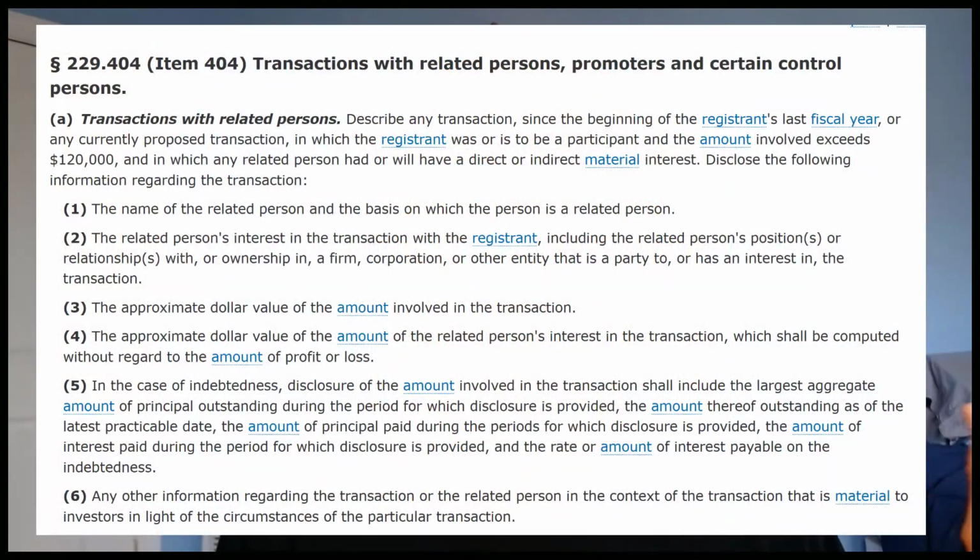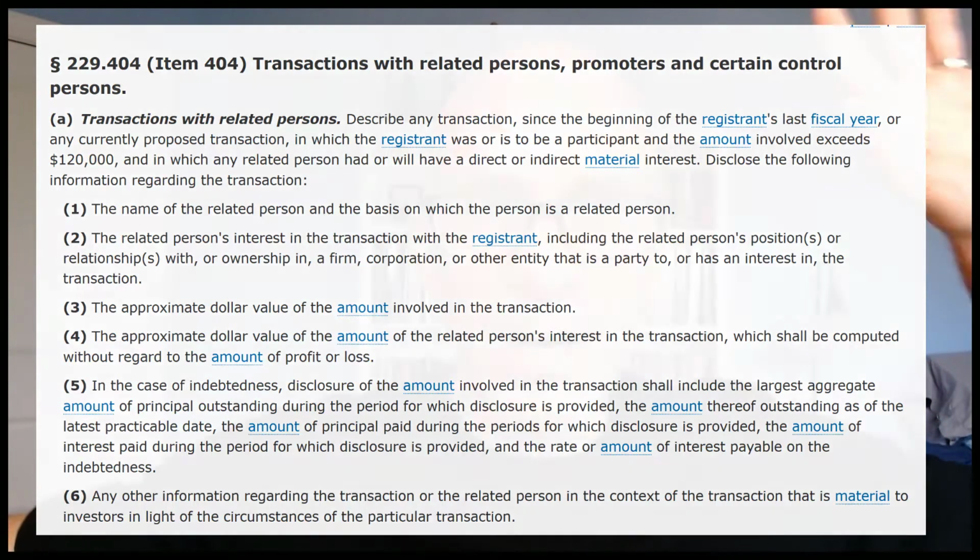When you do have a related party transaction under 404A, the things that you have to disclose are the person's names. You're identifying your insider who's got the related party transaction, the relationship that person is to the company, the person's interest in the transaction, including whether they're in a corporation, partnership, all that kind of fancy stuff, the dollar amount involved, and then any other information regarding the transaction that might be material to investors in light of the circumstances of the